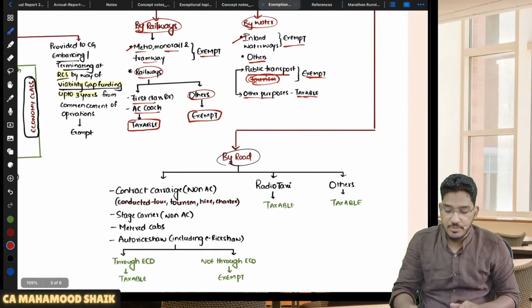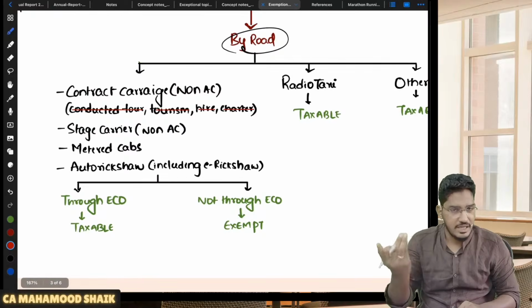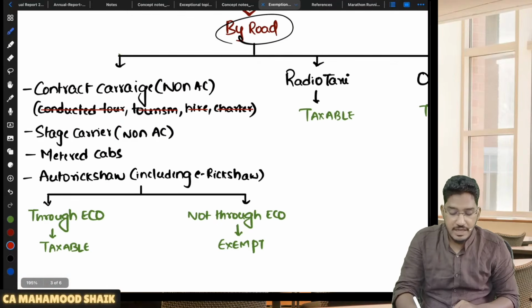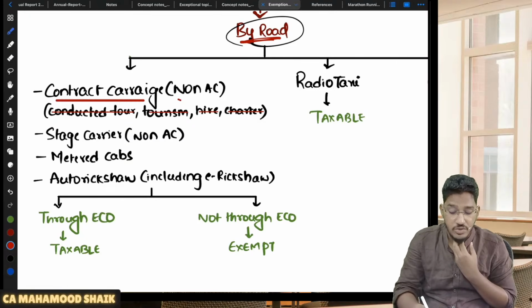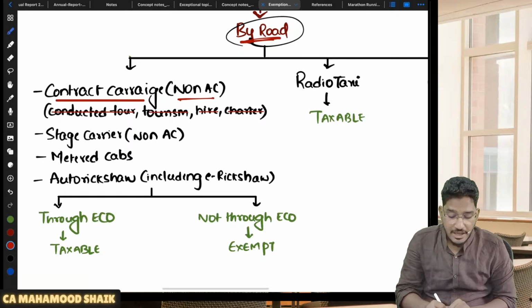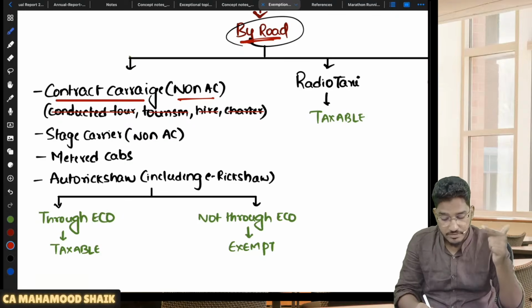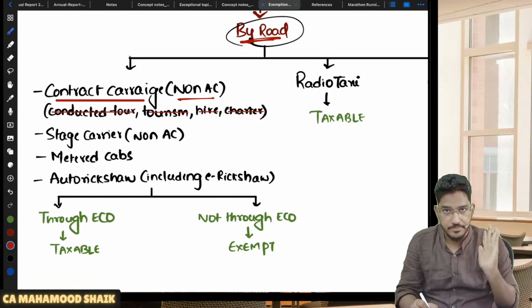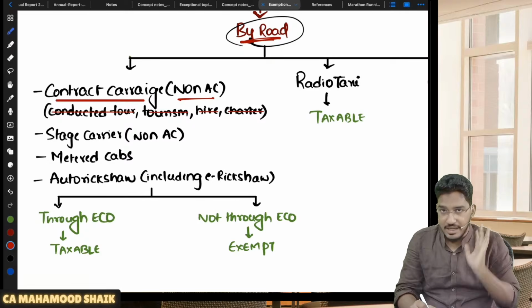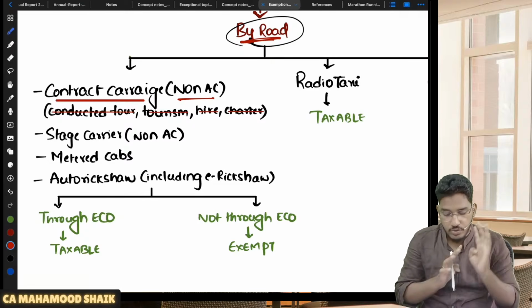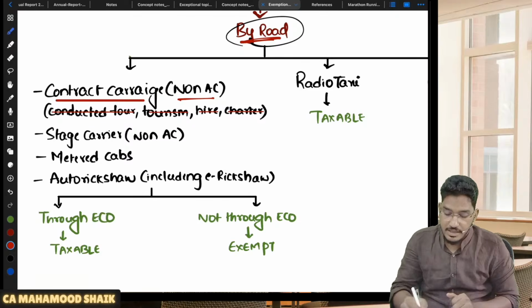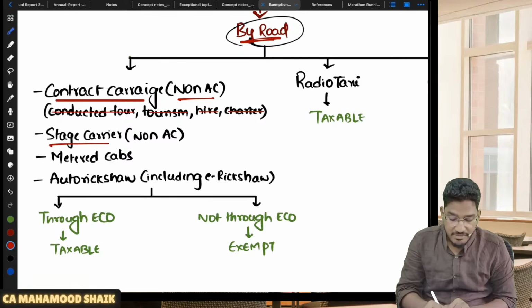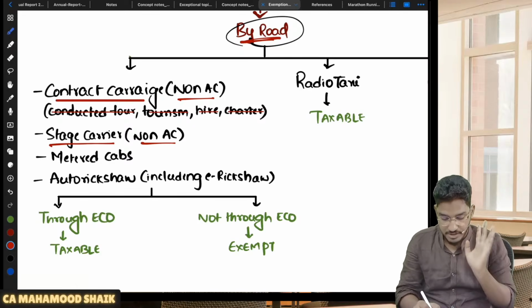Okay, next comes transportation of passengers by road. Here is where they ask many kinds of questions. In case of transportation of passengers by way of contract carriage, that too non-air conditioned contract carriage, it should not be for a conducted tour, it should not be for tourism purposes, it should not be for hire or charter. Similarly, transportation of passengers by road by way of stage carrier, that too non-air conditioned,